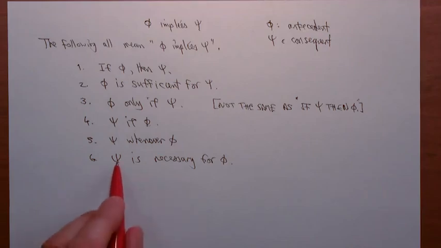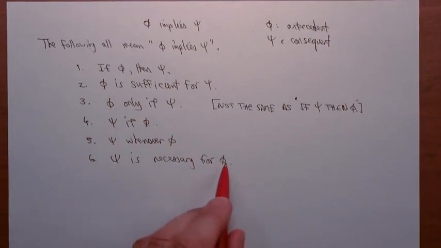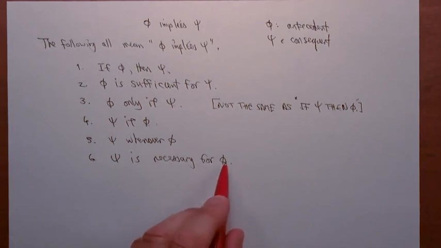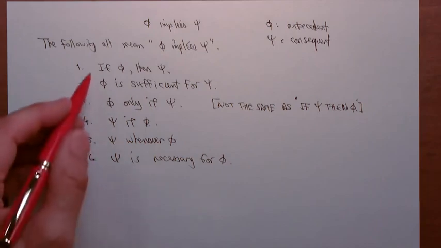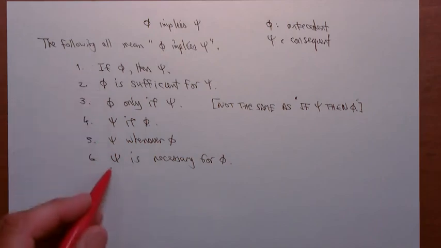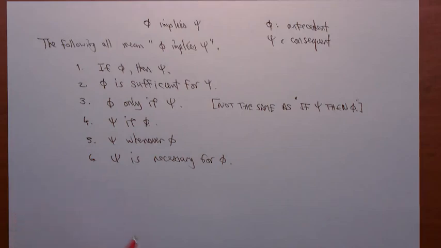In order to ride in the Tour de France, it's necessary that you have a bicycle. It's not sufficient that you have a bicycle. To ride in the Tour de France, it's necessary that you have a bicycle, but it's not sufficient that you have a bicycle. That's the example that I would use for all of these, but you can pick your own favourite example